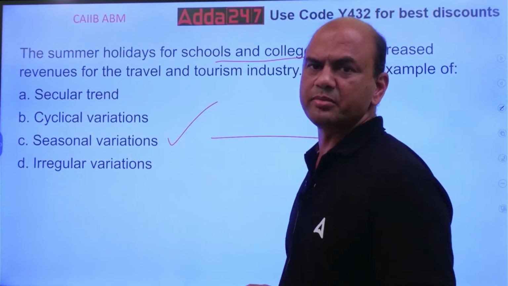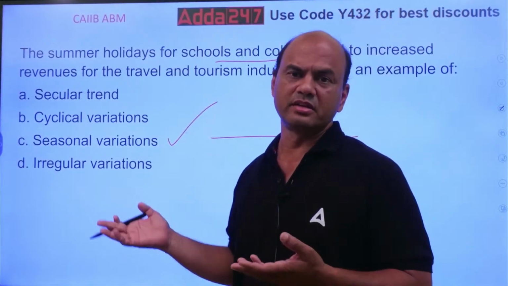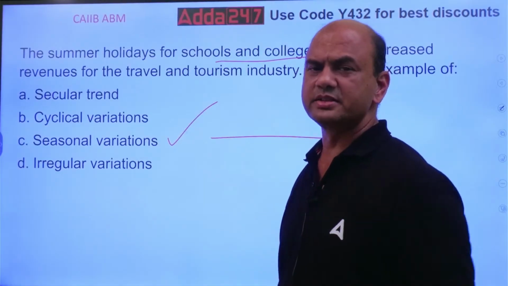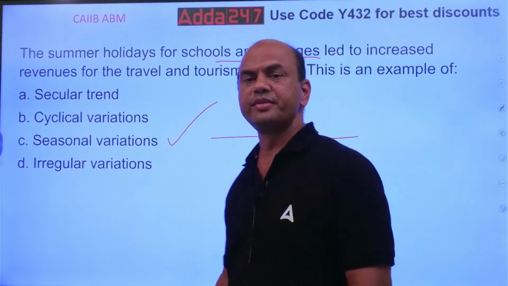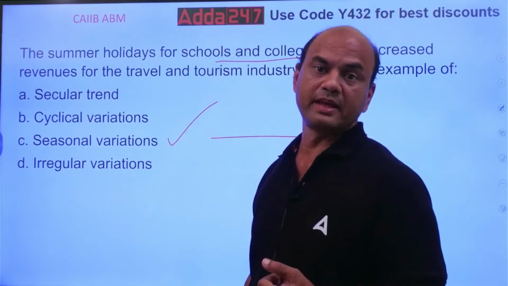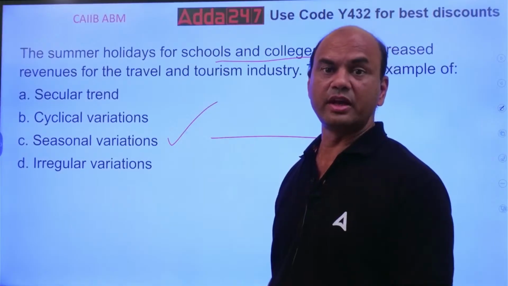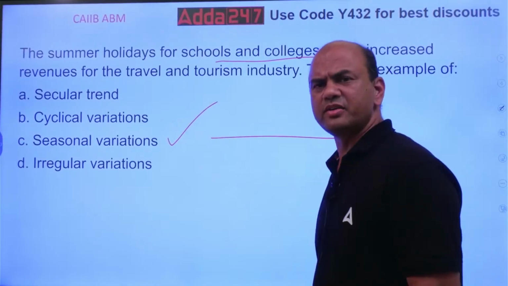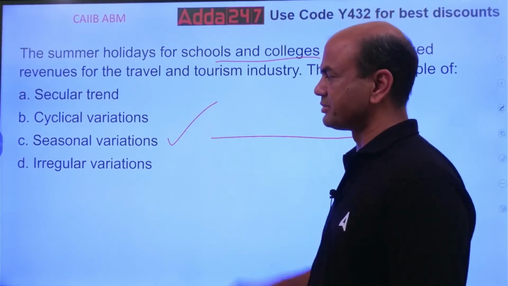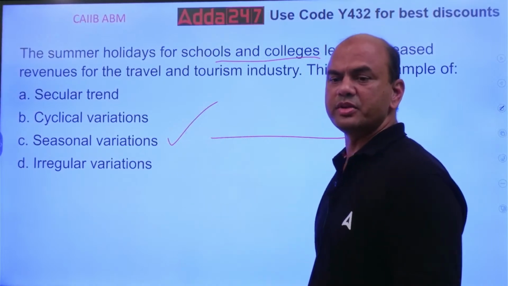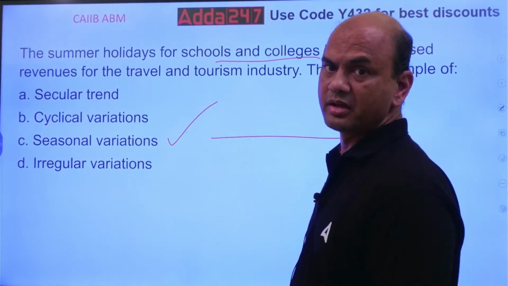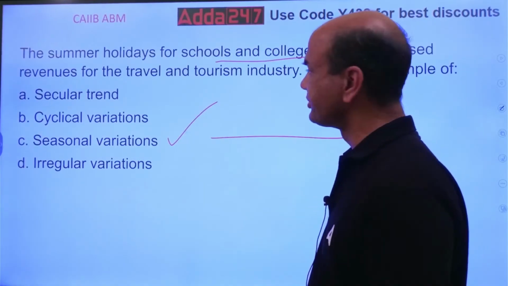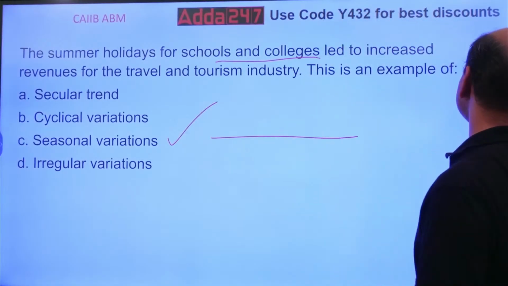Every summer holidays, there will be large bookings in hotels and railways, right? Generally, even air flights nowadays. So seasonal. Every rainy season, you will have a large number of flu patients, isn't it? This is the general trend followed. Every year it's the same. And the last one is irregular. Irregular means what? Which you cannot predict at all. Dacoity, robbery, terrorist attack, floods, you cannot predict. So that is the answer: seasonal. Okay.